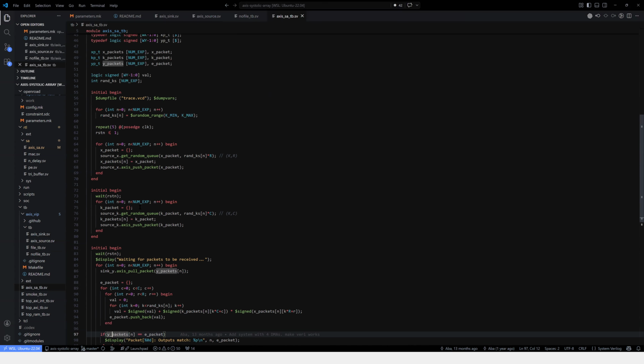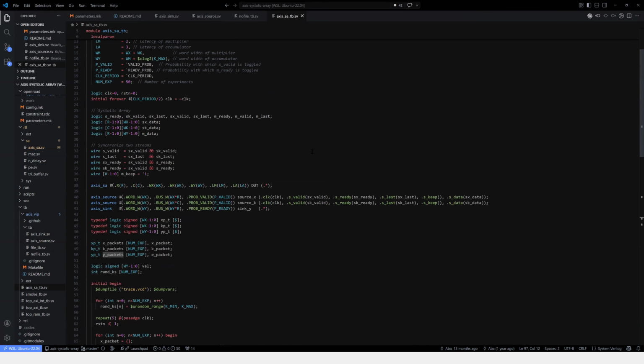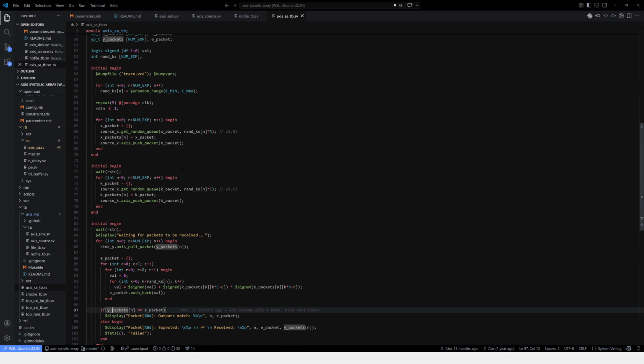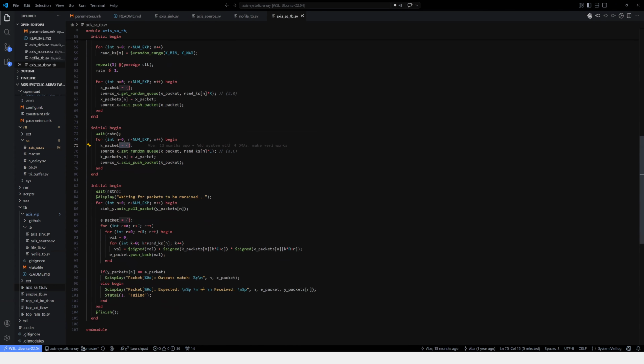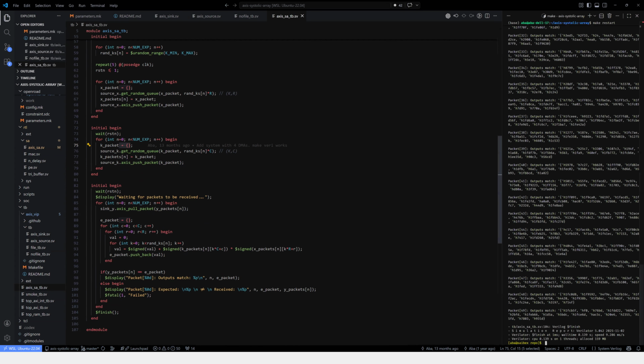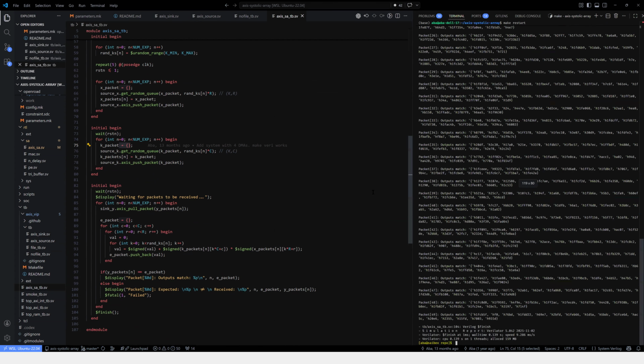And this is how you use the VIPs. So you can see they are pretty simple. You can create randomized packets and push them, and you can even read from a file and push them. So I recommend, if you want VIP to test your designs, then you can use this. So you may ask,